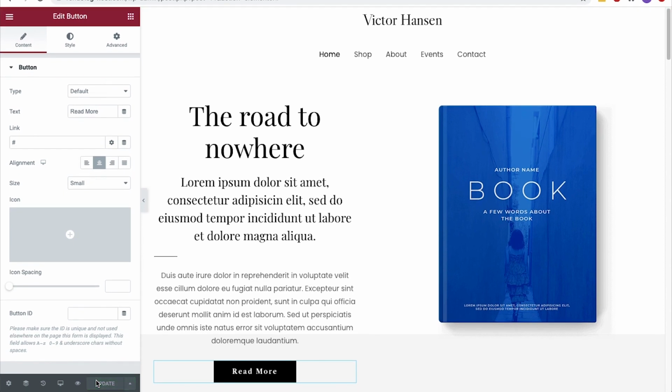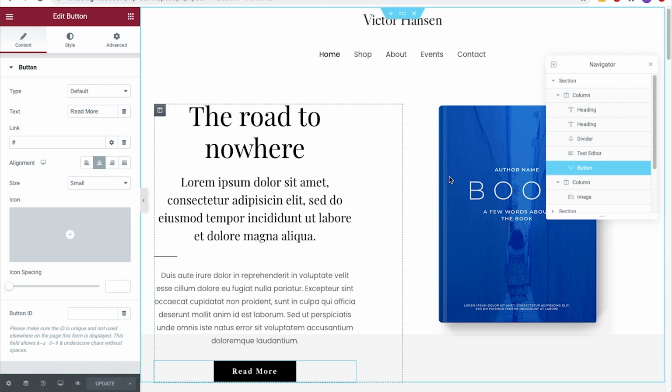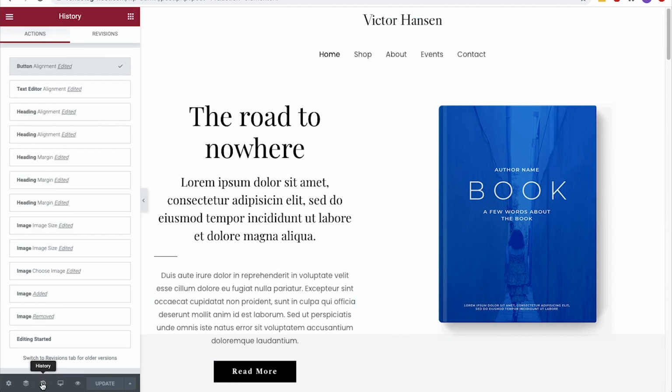Now you might wonder how that looks like on mobile phone. Well, let me first explain all these little icons. This one is called the Navigator, and you can use it to rearrange all the elements in a small interface. The History icon can be used to redo or undo mistakes. For example, if you work a couple hours on your site and suddenly you regret the changes you made, then